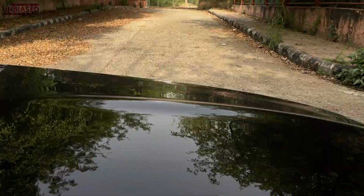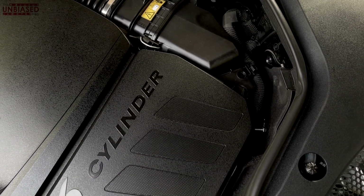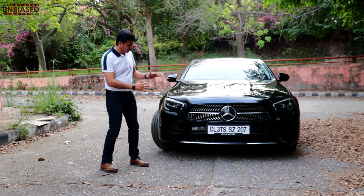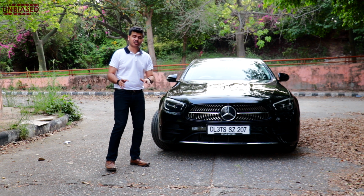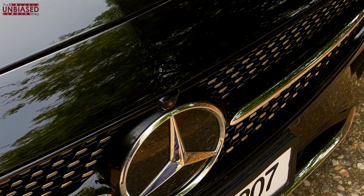A different grille, a different set of bumpers with airflows right here, and a very powerful 3-liter engine that really powers this vehicle. In terms of design, there's quite an amount of sportiness, and chrome for the luxury finish that you would need. Also, safety features. You have cameras right up front above the Mercedes logo,